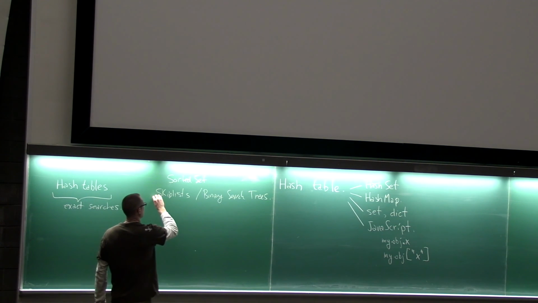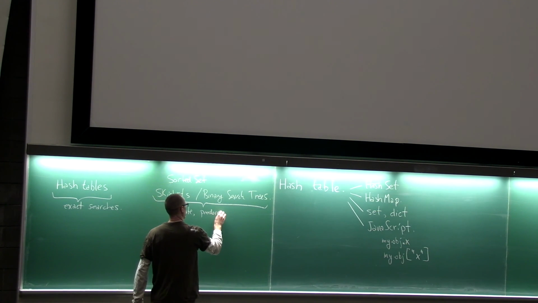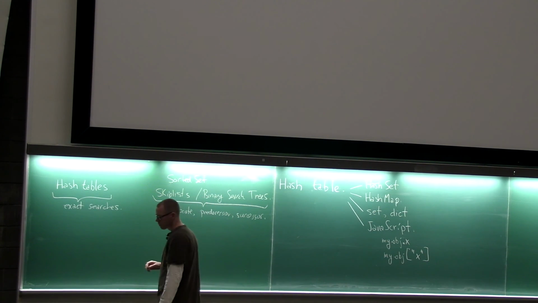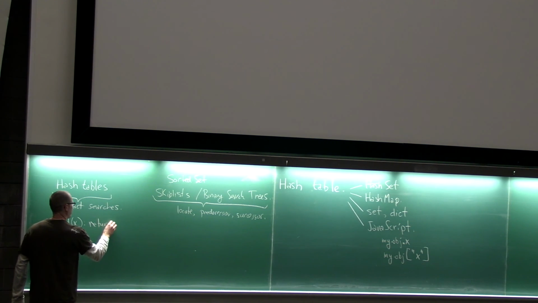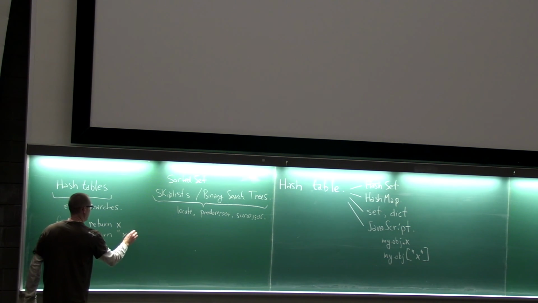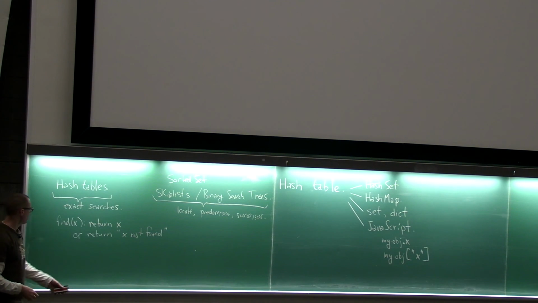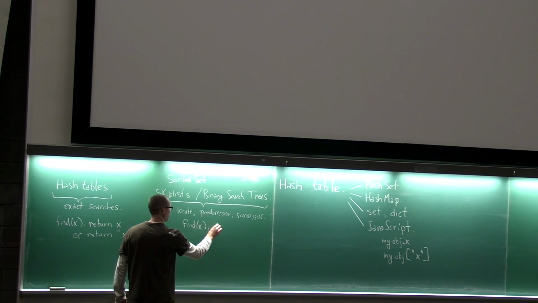What these things let you do are what are sometimes called locates, or predecessor or successor searches. So with these exact searches, if I say find X, you either return X or you return something like "X was not found." With these over here, if you ask me to find X, you can either return X